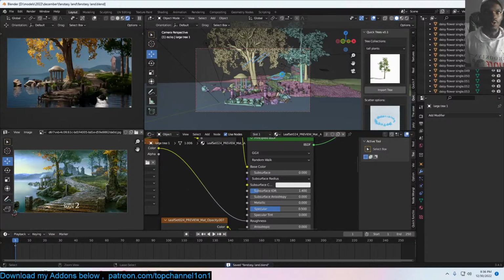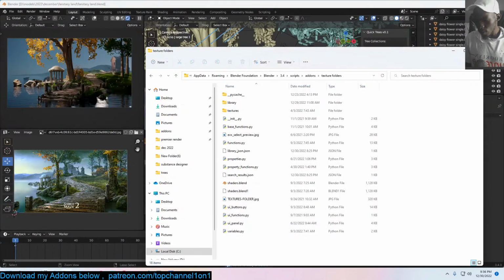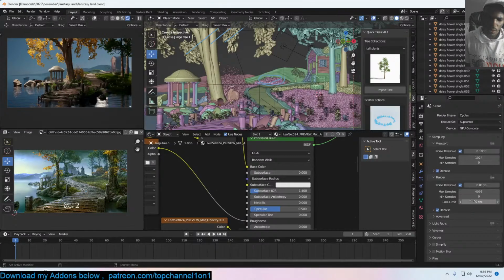Yeah, you might want to check out the cycles displacement and see if you have anything there. Okay, so this I feel like it's a bit done. Let's render this quickly and see. Let me see, render this for